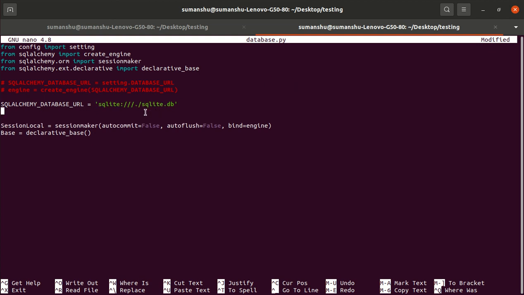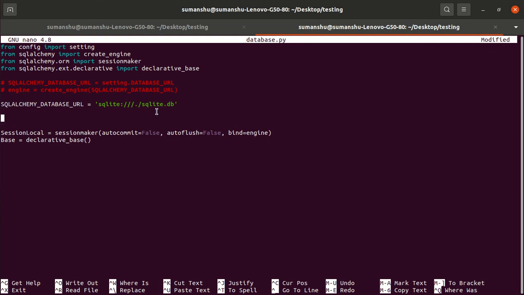Now you may be confused about why we are putting these three slashes, and why we are putting a dot, and then slashes. So what is the syntax? This is basically a file URL. So what is the syntax of a URL? If you browse any URL, how does the URL look? It looks like this: http colon, then double slash, then the domain www.google.com, and then something like, let's suppose, image. So this could be the URL, right?